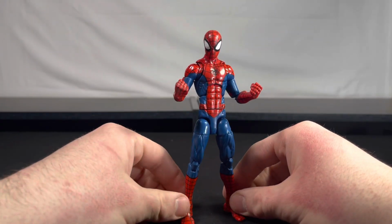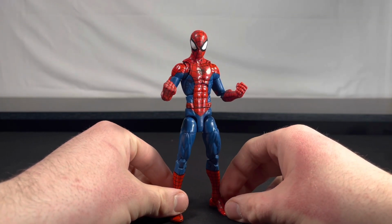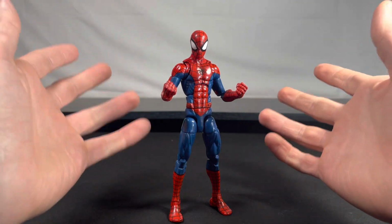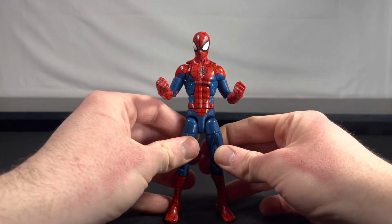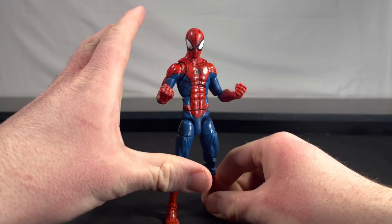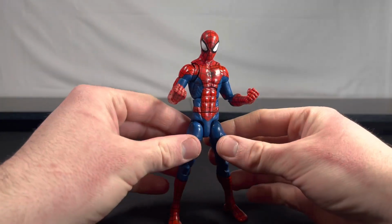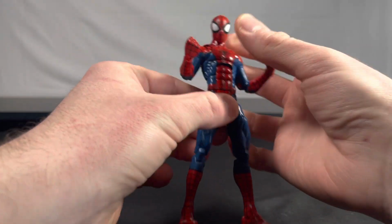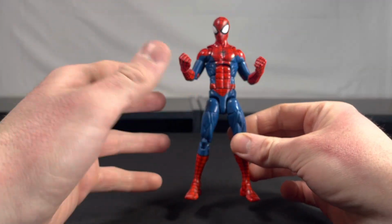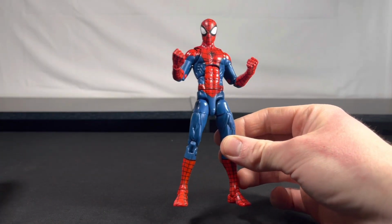I think this guy's only real competition for just a classic Spider-Man is probably the Mafex version. And not the one that I have, the classic costume version, but I mean the initial release. In terms of its colors, it kind of represents that better, but I think if Hasbro went ahead and tried to do this again, whether they used this body or the Renew Your Vows body,